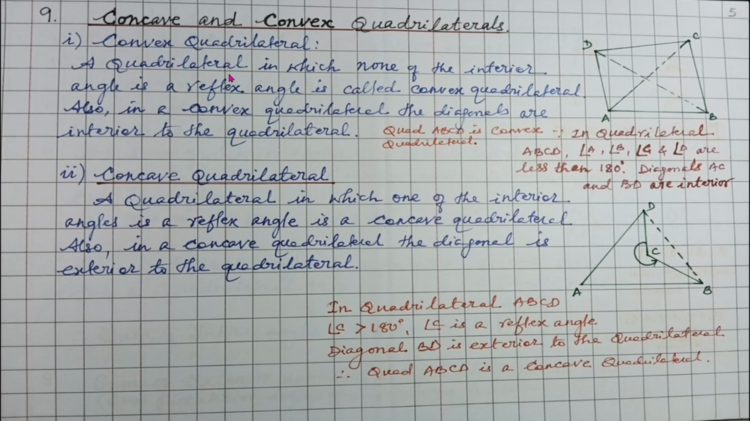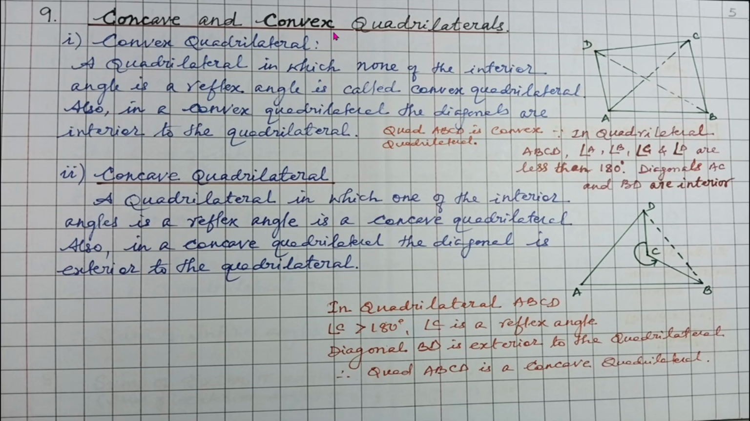Let us understand here. A quadrilateral in which none of the interior angles is a reflex angle is called a convex quadrilateral. Also, in a convex quadrilateral, the diagonals are interior to the quadrilateral. If you see here, angle A, angle B, angle C, angle D, which are the interior angles here, none of them are reflex angles, and the two diagonals of the quadrilateral are interior to the quadrilateral, and therefore